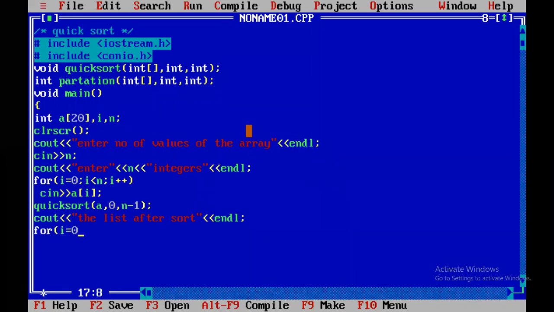for i equal to 0, i less than n, i plus plus, cout a of i, slash, finally